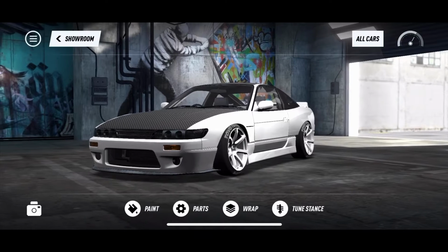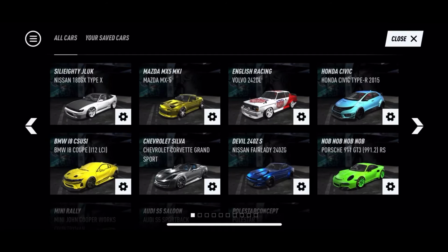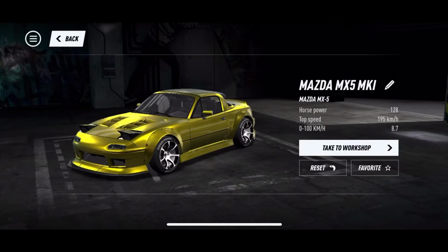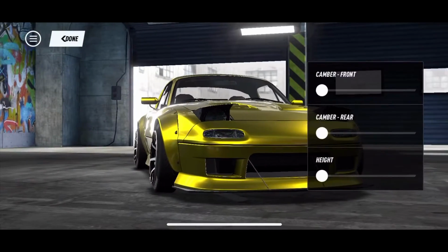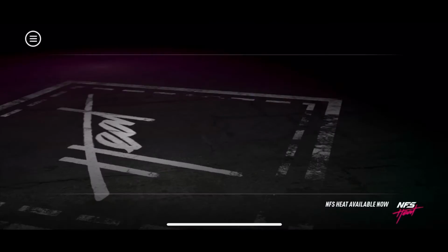I'm not going to cover all the vehicle upgrades and all that. You're going to have to find that out yourself. I'm just going to show off my entire collection. This is just the Mazda Miata, wide-bodied, slammed, and then we have after that,